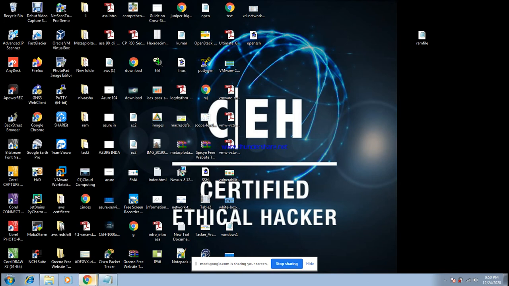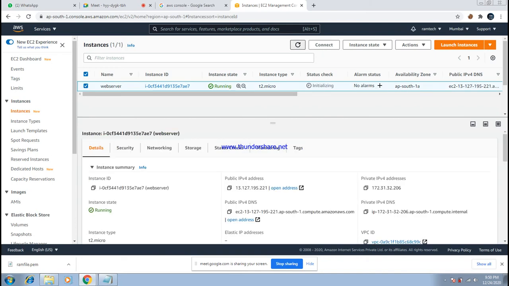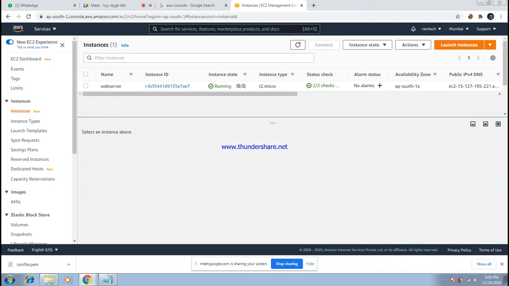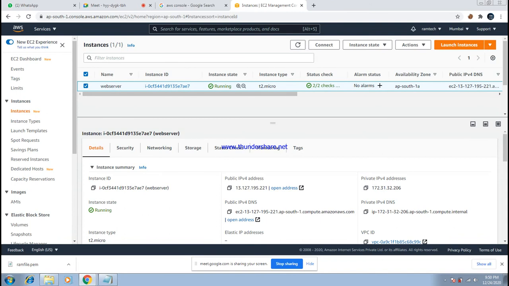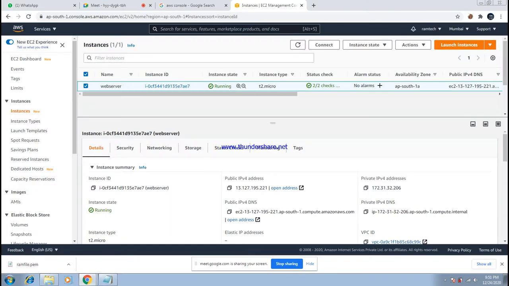Then I go and check the instance status. Give enter, then refresh. Yes, my instance status is 2/2, so I can get the instance, madam. Now I want to connect this instance in my PuTTY. I want to copy the public DNS.